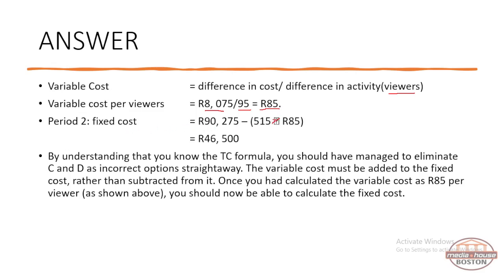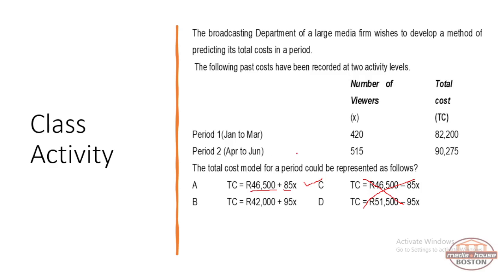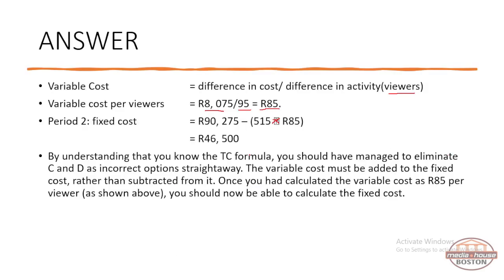So here it's going to be a multiplication sign. Sorry about the question mark. We're going to use the highest, which is 515, and its cost is 90,275. So we're going to replace the total cost with 90,000. We're going to put x as 15 and multiply it with 85,000. So therefore fixed cost will be equal to the total cost of 90,000 minus the total variable